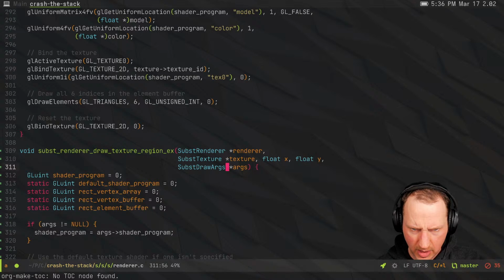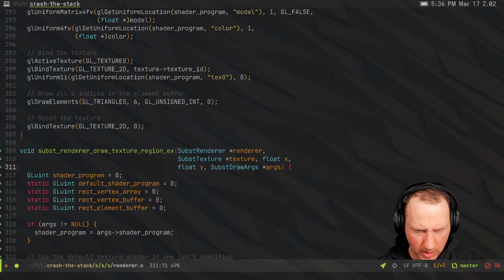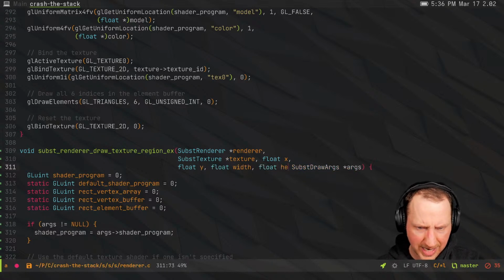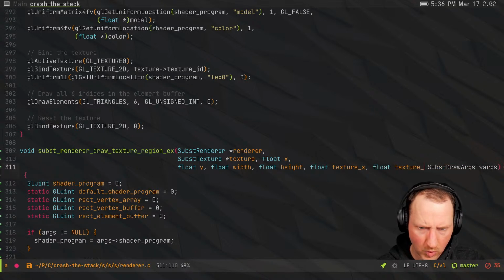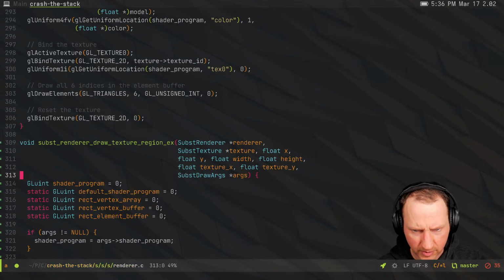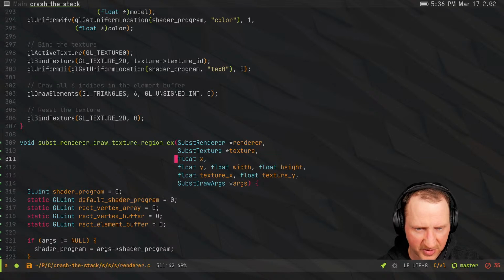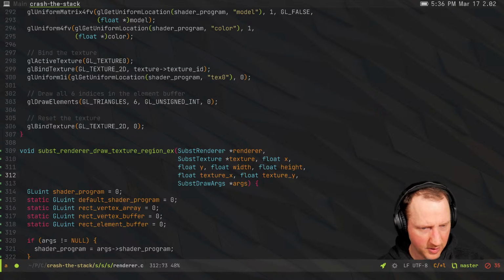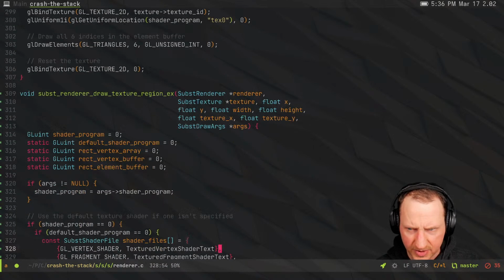Then we'll add our extra parameters, which are floats here: float width, float height, float texture X, float texture Y. Okay, let's save that and get it a little bit reformatted. Okay, so inside the body of this function,